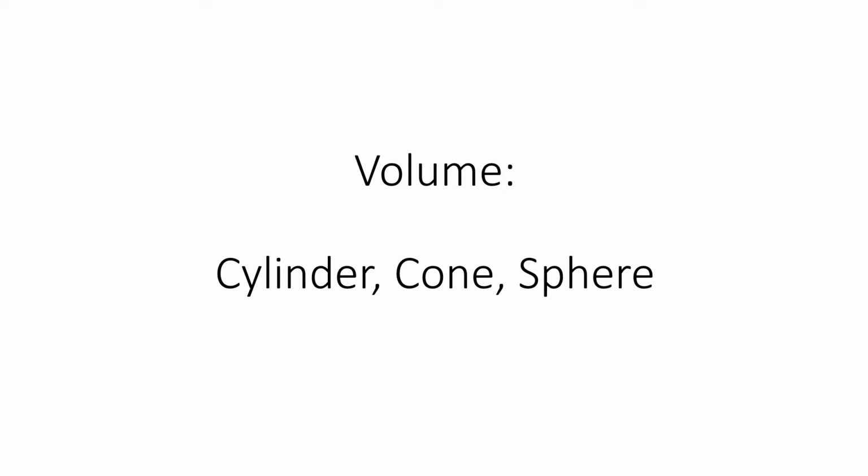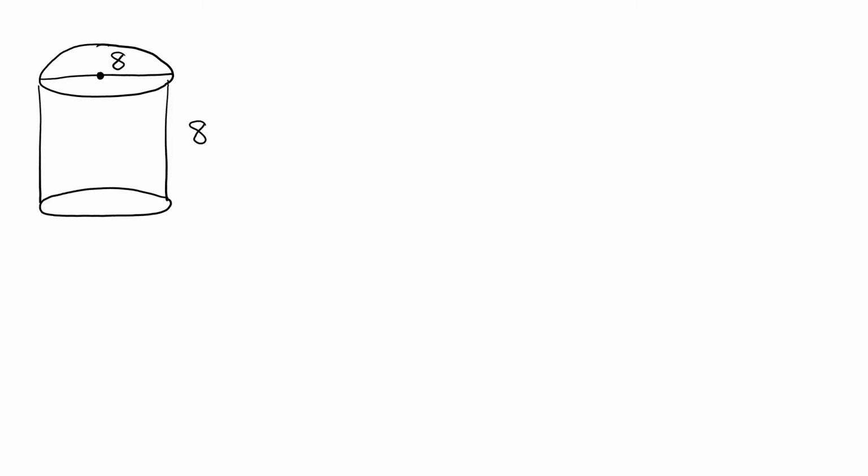This video is over volume of cylinders, cones, and spheres. For our first problem, we have a cylinder that has a diameter of 8, and it also has a height of 8. Our first step is to take half of the diameter, because we only want the radius, and half of 8